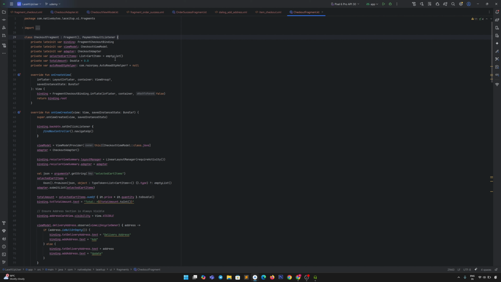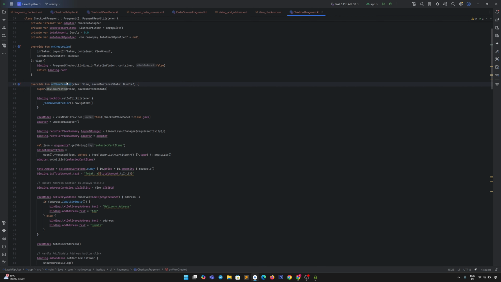So here we are declaring our checkout fragment, which also implements PaymentResultListener to handle Razorpay payment callbacks. We define our binding, view model, adapter for recycler view, a list of selected cart items, total amount, and Razorpay auto read OTP helper. Under onCreateView, we inflate our layout using view binding and return the root view.